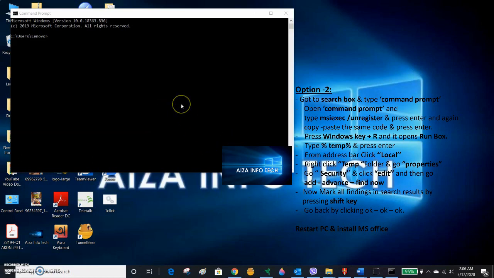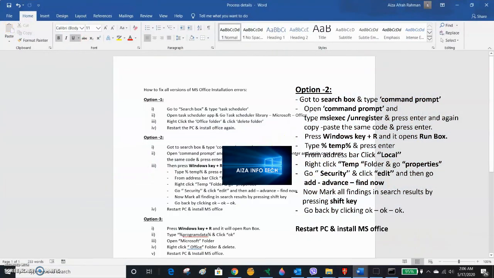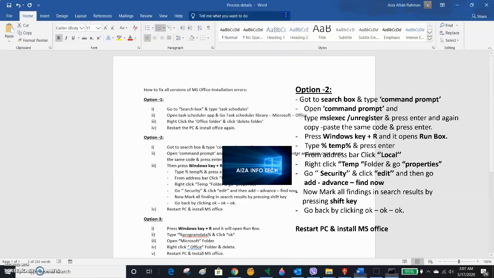You can copy this line from there and paste it here. Just paste this and press enter, and again copy the next line, and then press enter. Press enter two times and close this.